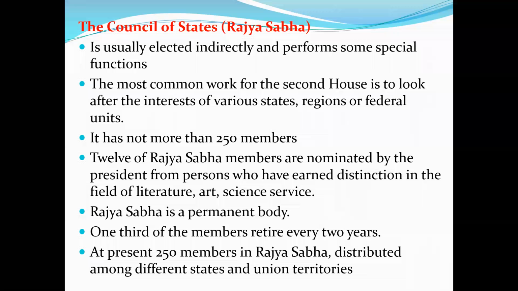government, of course, is in majority in Lok Sabha but not in majority in Rajya Sabha. राज्यसभा में गवर्नमेंट की मेजोरिटी कई बार नहीं होती. So at this time government also faces different problems, because the representatives there belong to different states, different regions, different union territories. It has not more than 250 members, 250 से ज्यादा मेंबर नहीं हो सकते. And presently, of 250 members in Rajya Sabha, 238 are elected by different state assemblies and 12